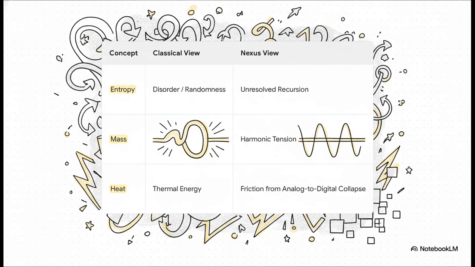Think of this as our new dictionary for physics. Take entropy. We think of it as just disorder or randomness. In this view, it's unresolved recursion. It's information from a part of the program that's still running, a loop that hasn't finished yet. Mass isn't some property something just has, it's harmonic tension, a lag in the system's feedback loop. And heat, it's the literal friction that's generated when the universe collapses a smooth, continuous potential into a discrete, digital